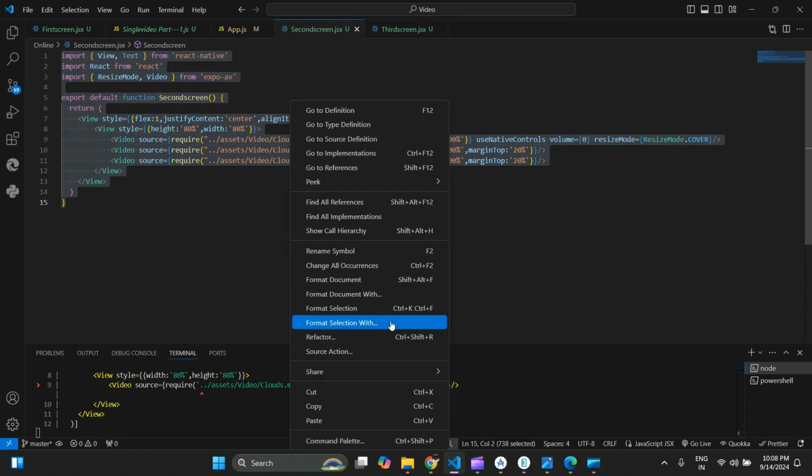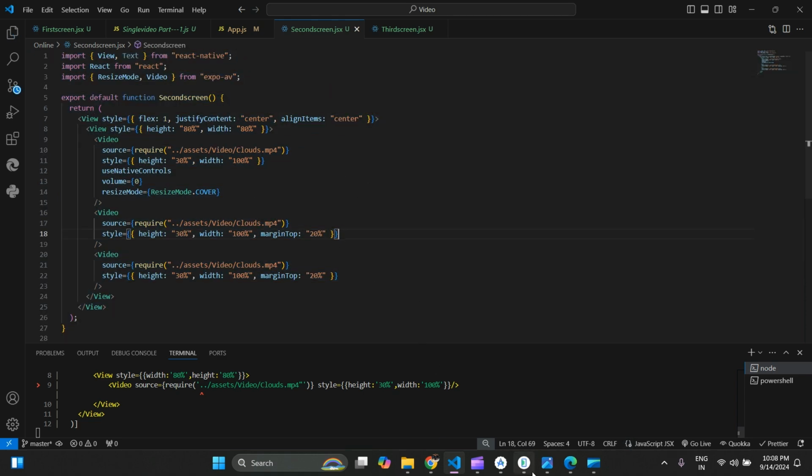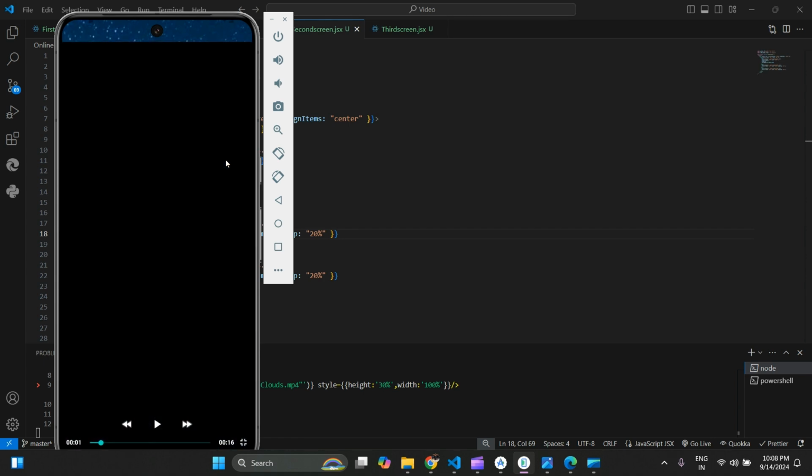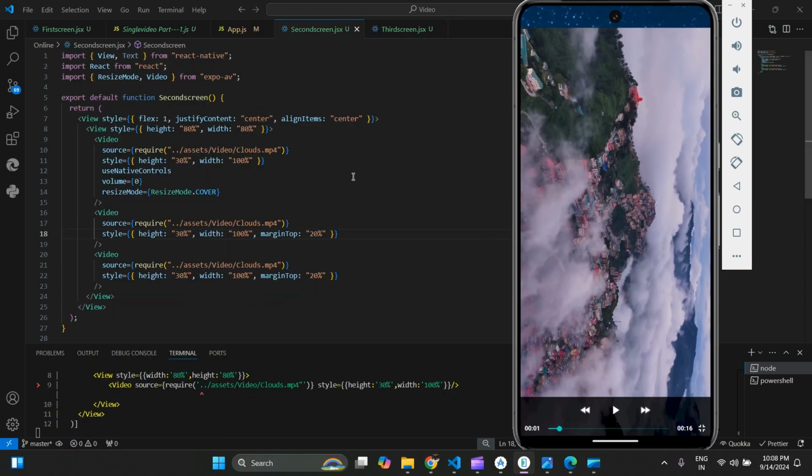It's formatted properly. You can see it's proper. Now the next step is